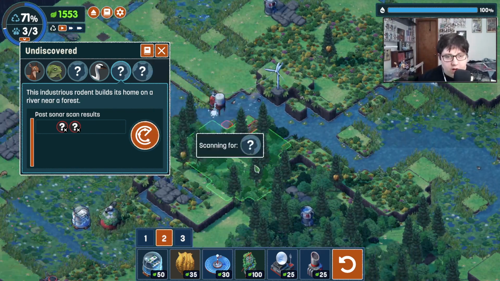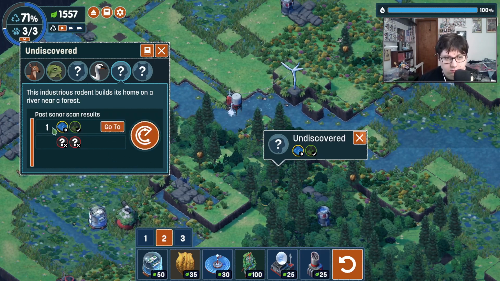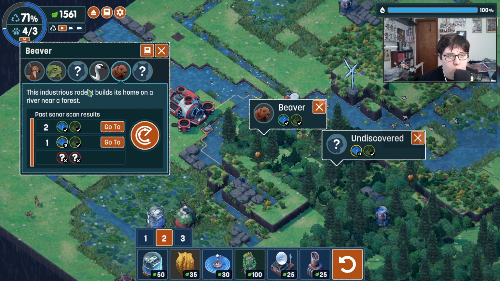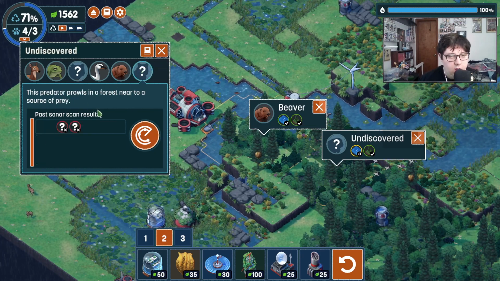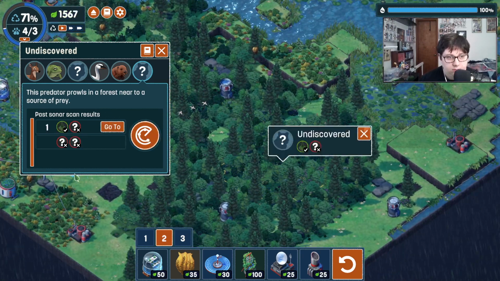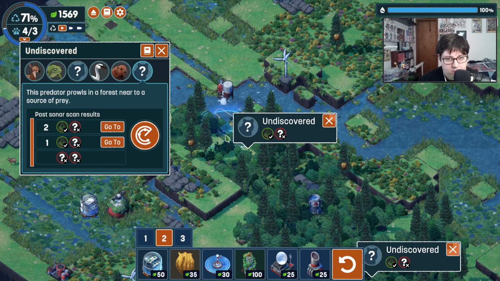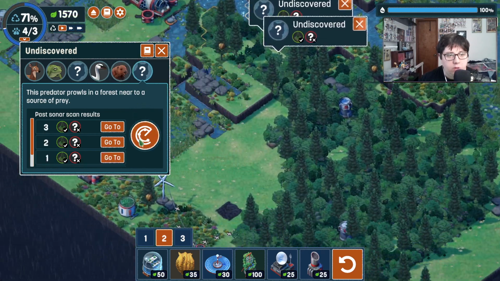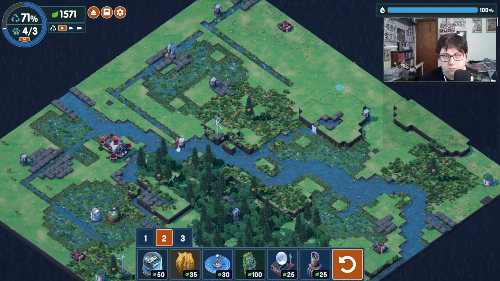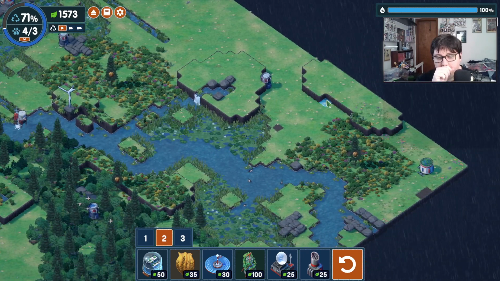A rodent that's in a forest near a river. Okay, so this needs to be a forest closer to a river. All right. So we got a beaver. Cool. A forest near a source of prey. Okay, so they won't eat. Alright, so if we're going to do a forest for a beehive,